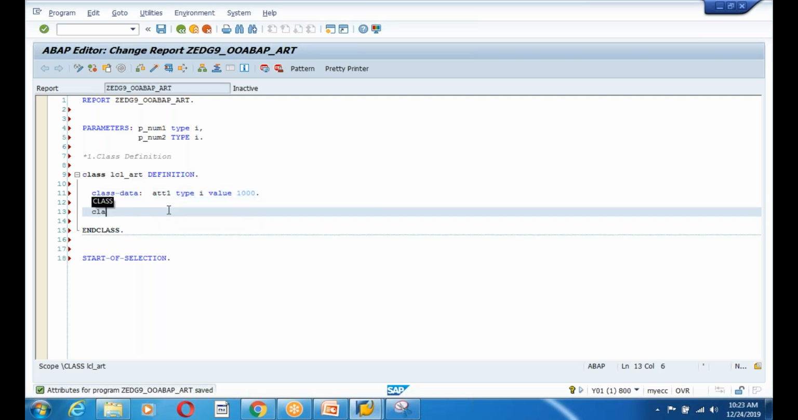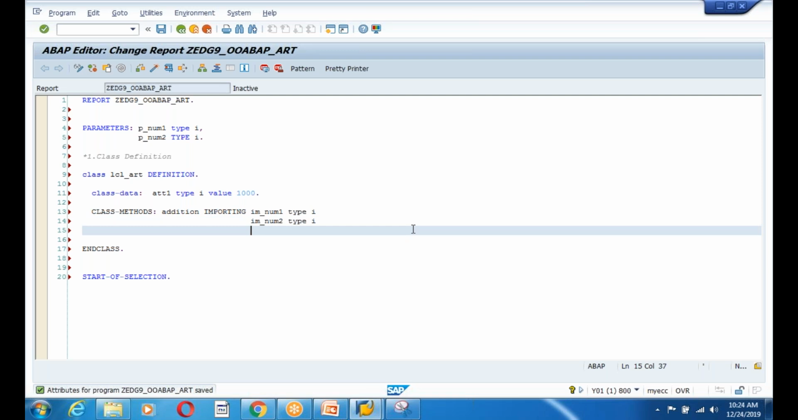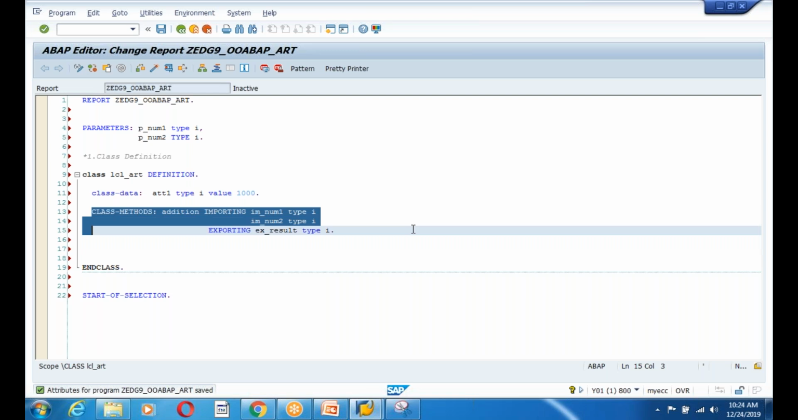Next, my methods are class methods, and my first method is addition. I have an importing parameter im_num1, which is of type integer, and one more parameter im_num2, which is also of type integer. Also I have a result parameter. My result is exporting, which is ex_result, and which is also of type integer, guys. This is my one method, and another method is